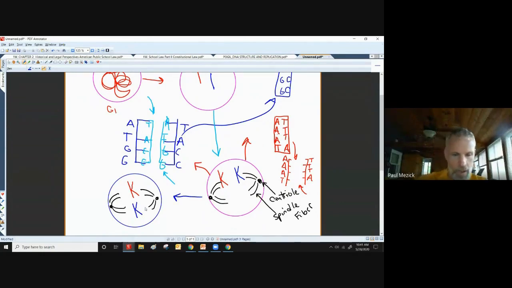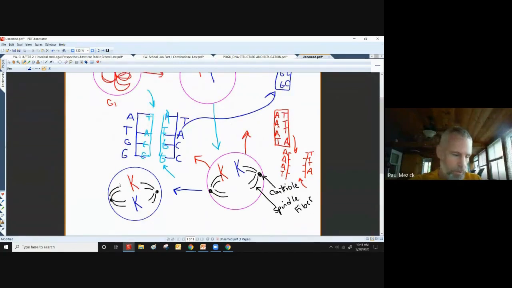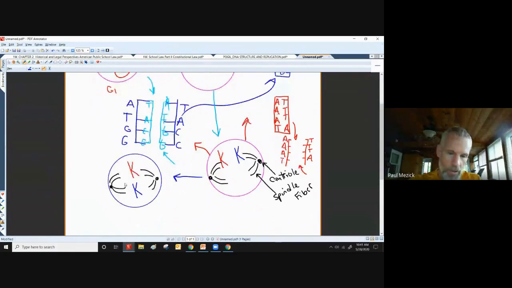Now when the cell starts to pull apart, this half of the cell will pull in this direction, and this half of the cell will pull in this direction, and the cell will start to split, nice and thin. It'll split